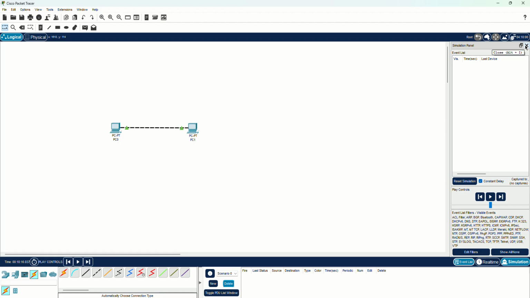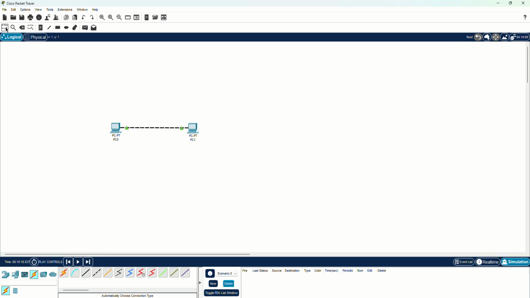The Cisco Packet Tracer was designed several decades ago, and they tried to stick with the design principles, so some of the things might not be modern. Whenever you want to do the ping simulation, make sure you have selected the real-time section, not the simulation section. Even though the simulation window has now been closed here,